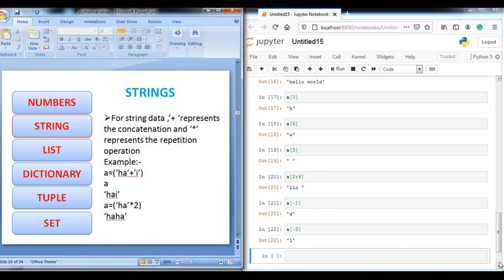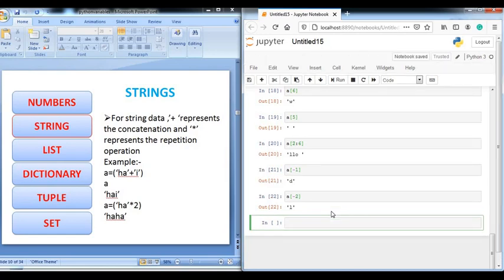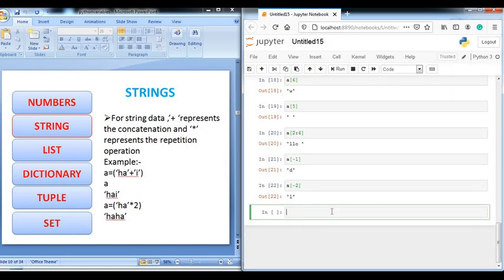Next, one more important thing in strings is that in Python the string data is considered as an array, as I told you earlier. For string data we use two operators, plus and star. The plus represents concatenation, if you want to concat two values in a string, then use plus, and if you want to repeat that particular value, then use star.